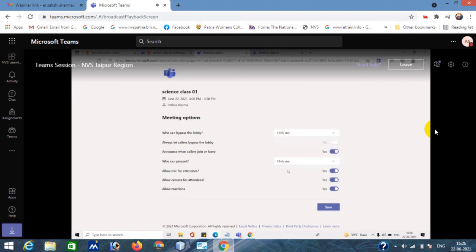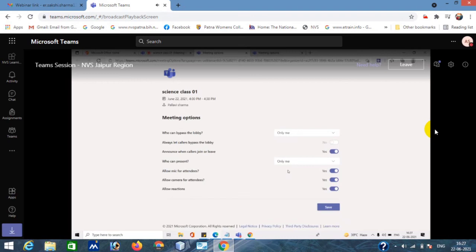No, this is not it. He's just asking, if you don't want any student to join in the middle of the meeting, you can lock the meeting. I don't think the lock meeting facility is present in an A1 license, but it is a new feature from Microsoft. During the meeting you can apply the lock so that once you apply it, no other person is allowed to enter. Otherwise it is allowed for everyone or anyone, or if you click on who can bypass the lobby, you can make it everyone.